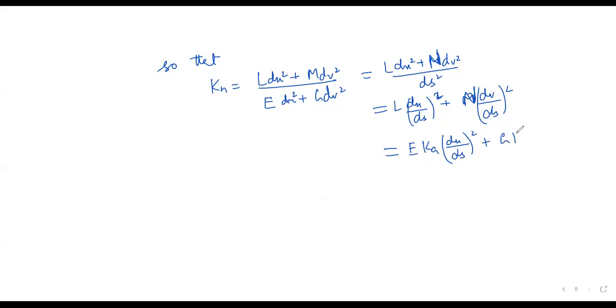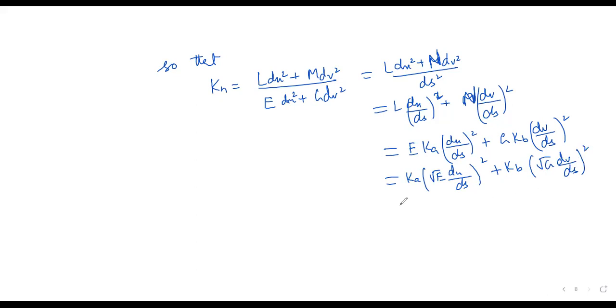So it will be g times k sub b into dv by ds square, which can be written as k sub a into root e du by ds squared plus k sub b into root g into dv by ds squared,